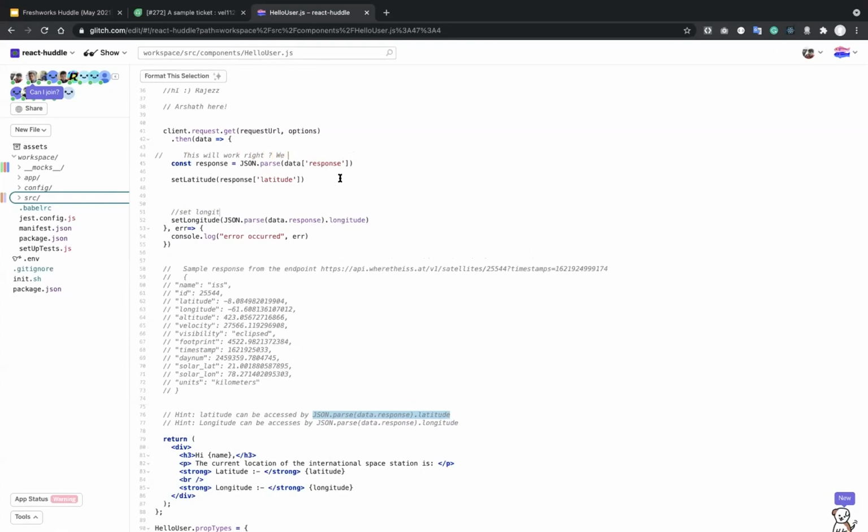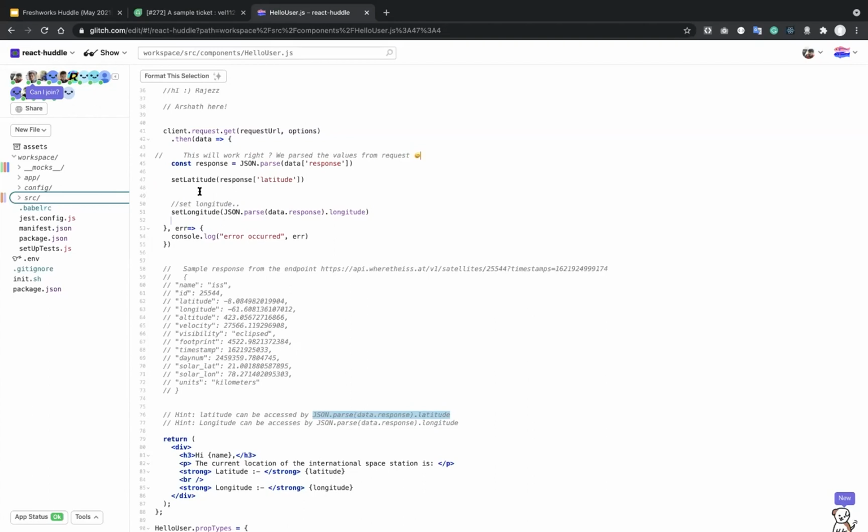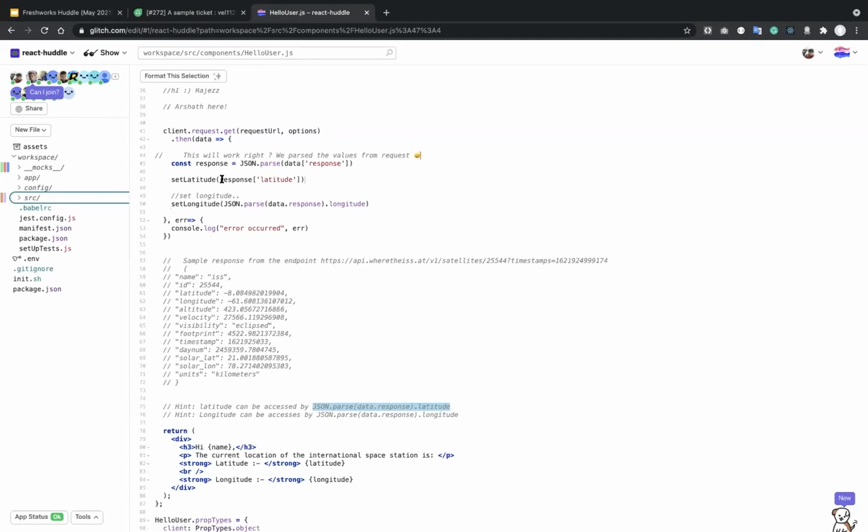I don't know if that works. We'll probably figure out if it works or not. Okay, so there are two different things here. I am pretty sure longitude will work in this case. No, actually it was correct earlier. Okay, got it.